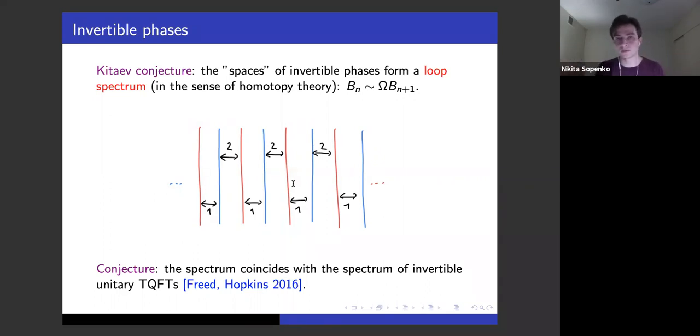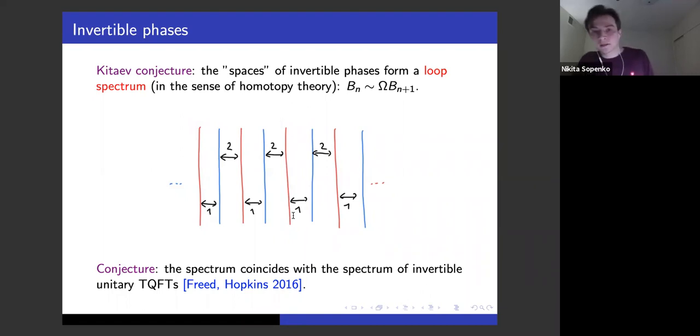That gives one map, and the inverse map is constructed as follows. It's kind of an Eilenberg swindle trick. We consider, for example, three-dimensional space, and like in this picture, we first create pairs of states and anti-states in one order, and then annihilate them in a different order. That corresponds to some loop in the space of three-dimensional states. But it is constructed using some state in low dimension, in codimension 1.